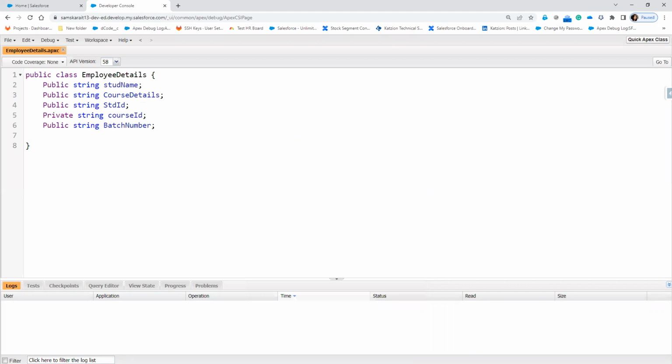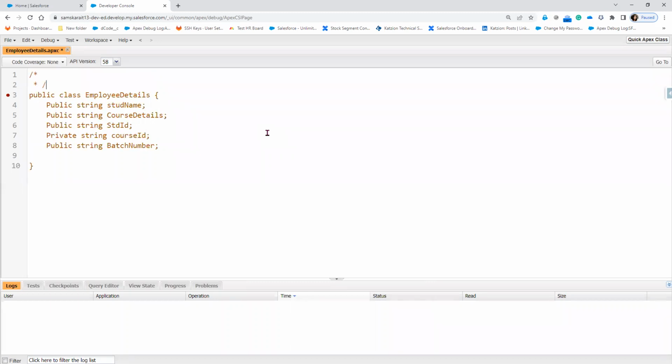Now, whenever we create any Apex class, there are certain rules which we have to follow. The rule says whoever is creating the Apex class, before creating the Apex class, there are some comments which we need to add on top. Why is this required? It is required to understand who has written it. Now I have written this class 3 days back. Now I don't know what is the purpose of this class. Similarly, in real time, whoever is writing the Apex class or a method, whenever they are writing it,